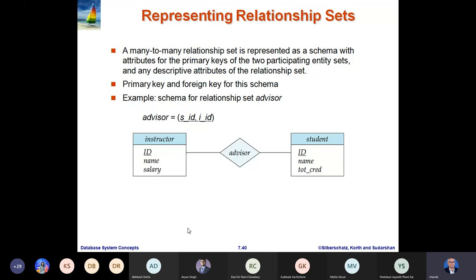So that means your only possibilities are these: 1,1, 1,2, 1,3, and 2,1, 2,2, 2,3. No other value would be valid here. Of course, you may not have all these values, because it all depends on which student is assigned to which instructor. If instructor ID 1 has students 1 and 2, then the two rows will be 1,1 and 1,2. And if instructor 2 has, say, students 2 and 3, then the other two rows will be